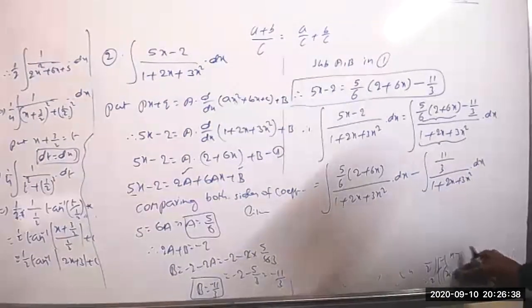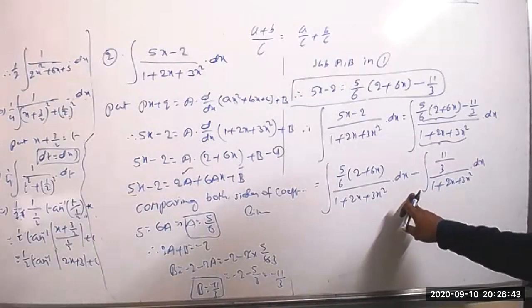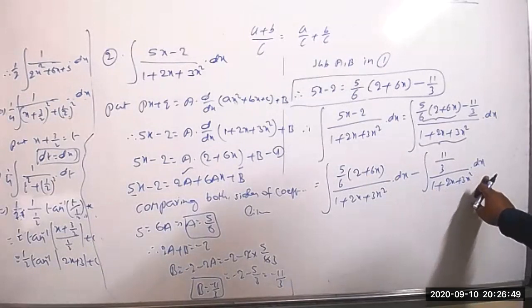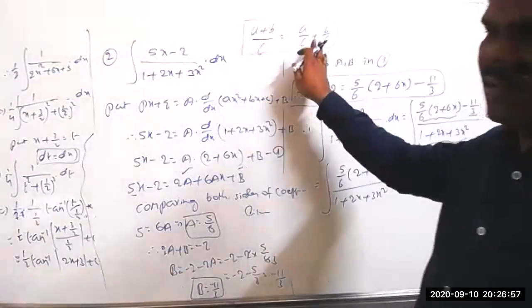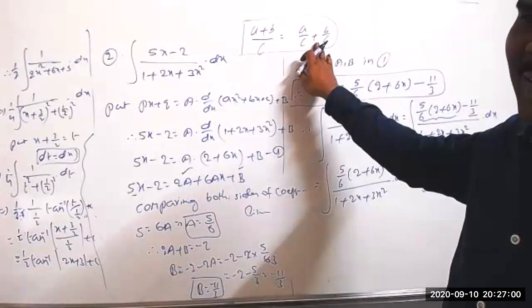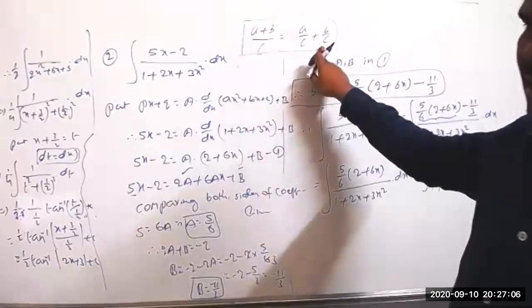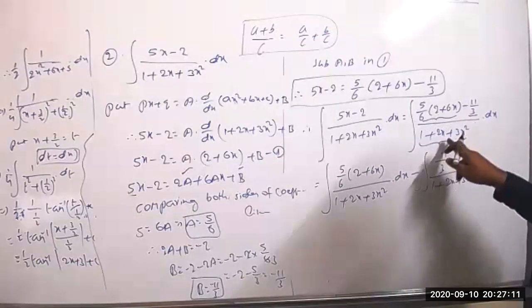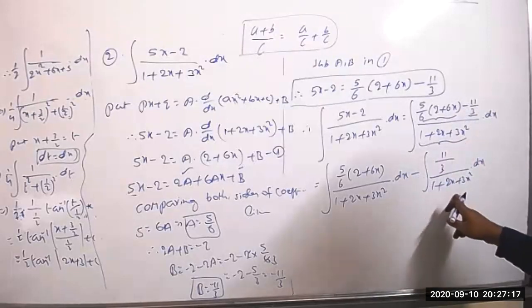Understand? Up to this step, please respond. If you understand, then we'll go to the next step. What is that, a plus b by c, sir? Yeah, this is just the idea I gave for how to split this. Understood? Suppose a plus b by c is there, then this can be written as a by c plus b by c. The same way I did this one. It's like a minus b, whole thing is c. Now to write a by c minus b by c, I wrote as it is.